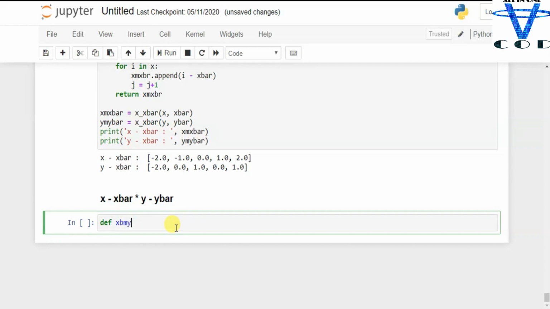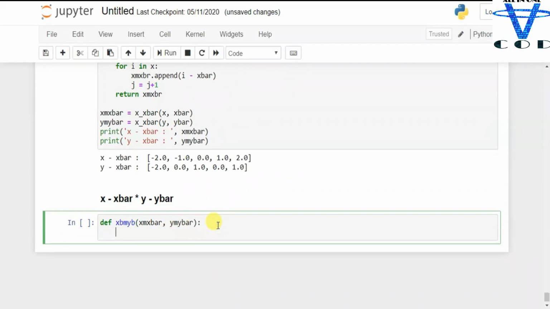Now I just need to pass x minus x bar and y minus y bar. In here I'm gonna pass this, so the name is not gonna happen the same again and again. So let's say x bar multiplication y bar equal to an empty list.